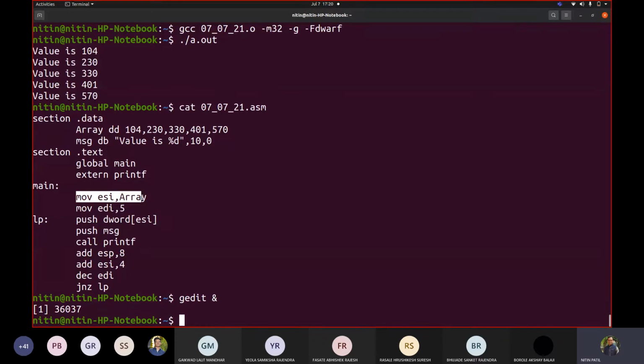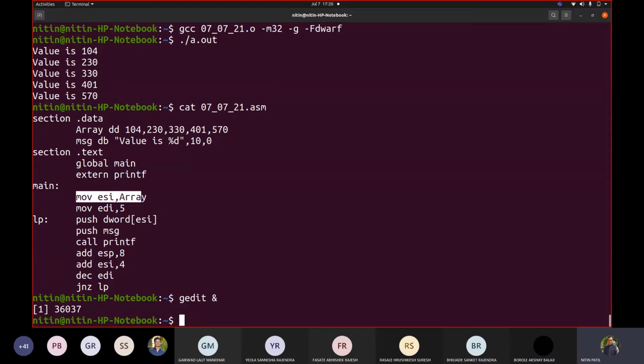So let me write the same code in a different way. Now why am I showing this to you? I want you to see what really happens at the translation level, with respect to the translation that we saw ultimately in that LST file.